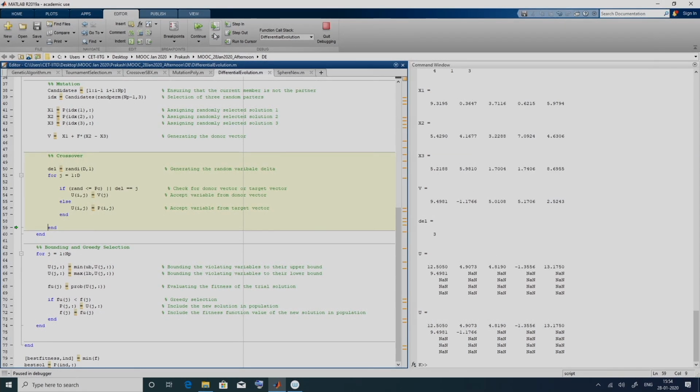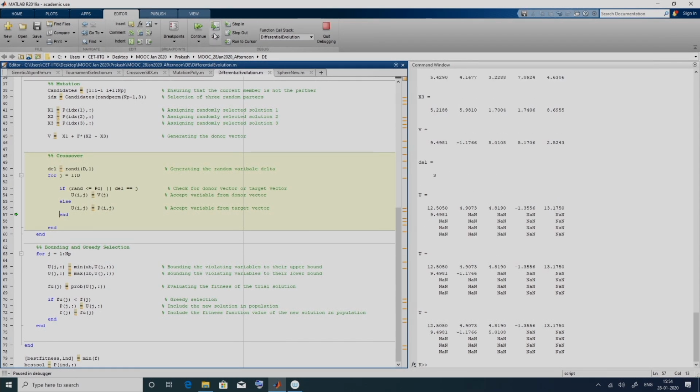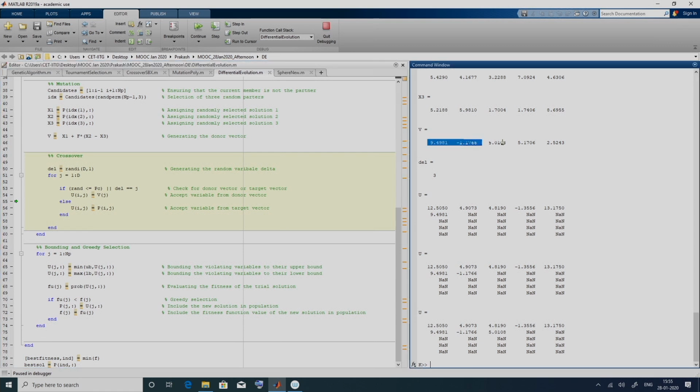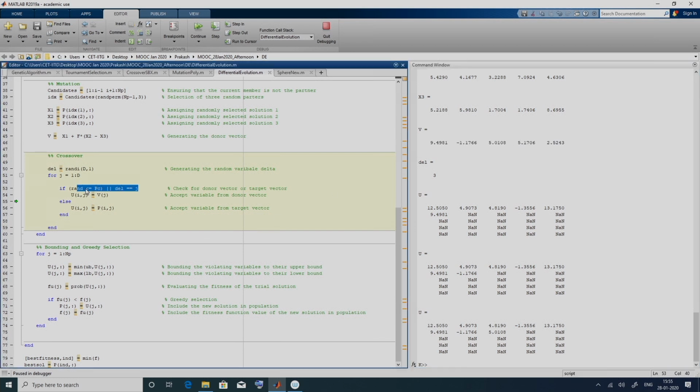So, again in the second case 2, the third case 2, the fourth case. This is the first time, if you see, it is coming to this else part. The donor vector was over here: 9.49, minus 1.17, 5.01, 5.17 and 2.52. The first 3 values were copied. For the fourth value, since neither of these conditions is satisfied, we will have to take the value from the